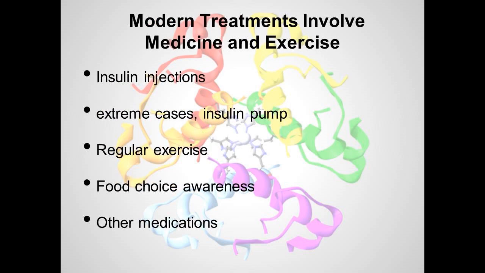Watching how much of what you eat and regular exercise are simple and effective ways of defending yourself from becoming a diabetic. Not surprisingly, these two habits are also treatment habits. Other treatment options are insulin introduction and medication taken orally. Insulin introduction usually takes the form of injections, with some type 1 diabetic cases requiring an insulin pump.